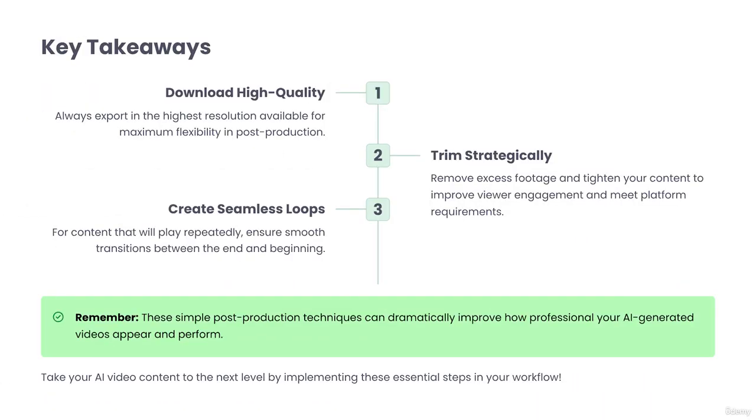Looping is also useful for music syncing, motion backgrounds in presentations, or turning your visuals into GIFs. Some platforms like Instagram Reels and TikTok will automatically loop your content, so the smoother the transition, the more polished your video will appear. To wrap up, download your video in high resolution, trim it to keep it tight and